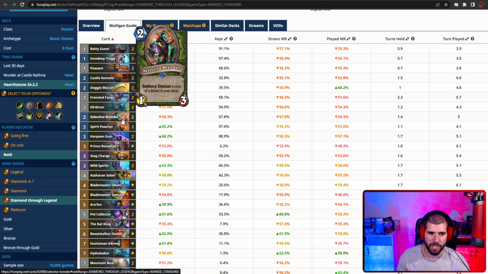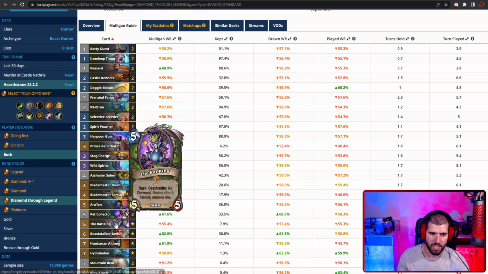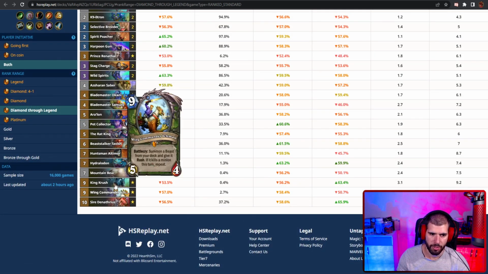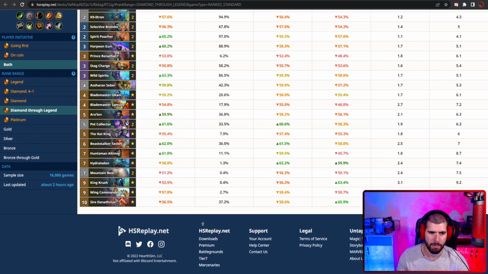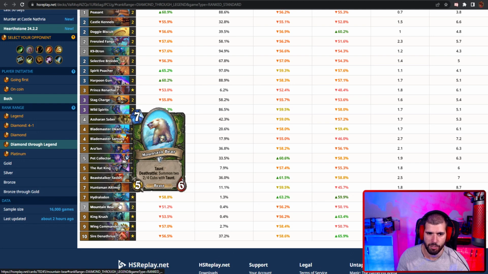Selective Breeder can be pretty complex for you, and you definitely don't want to use it most of the time for a second Asheron Saber, but you would much rather use it for a second Sunken Asheron Saber, or just a second Rat King, which can be pretty powerful on its own too. It's not the worst thing in the world to get an extra King Crush as well, and on some matchups where you know you're gonna be heavily aggressed, Hydrolon or Mountain Bear would not be so bad either,